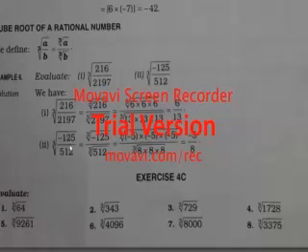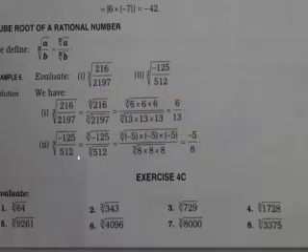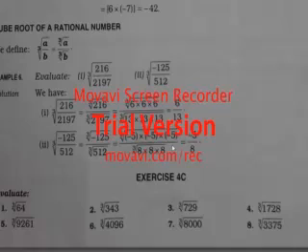If you see over here, it is cube root of minus 125 by 512, so it becomes cube root minus 125 by cube root 512. So you can write minus 125 as minus 5 into minus 5 into minus 5, so one minus 5 will come out, and 512, we all know that 8 into 8 into 8 is 512, so one 8 comes out, so it becomes minus 5 by 8.